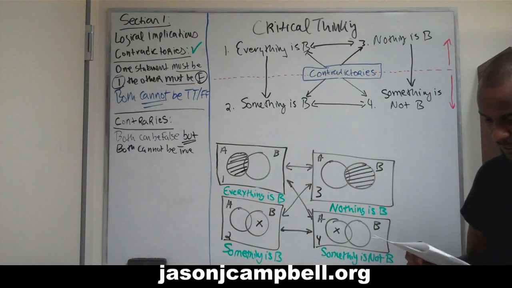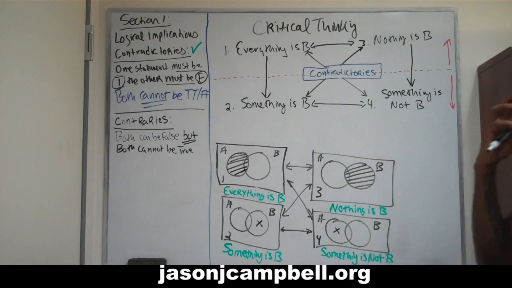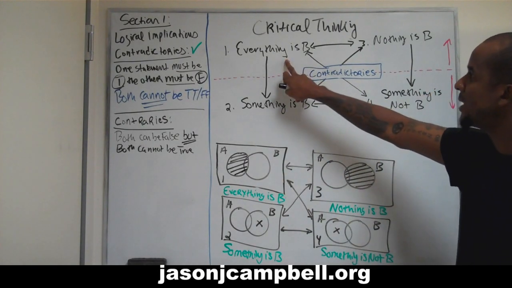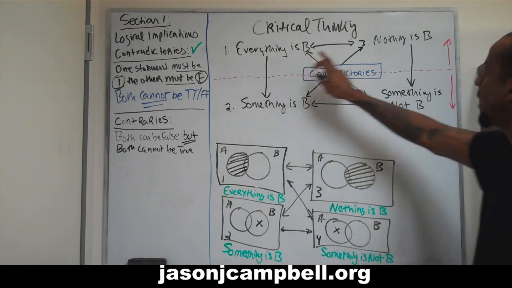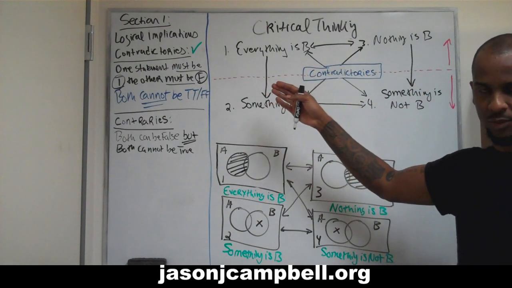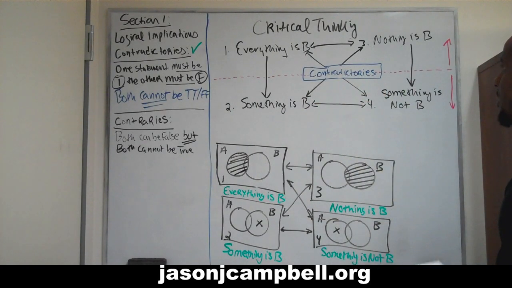Let me see if I can do anything different. But not true. I think that's the clearest way I can explain it. That makes sense, right? I can't explain it simpler than that. If I say that everything is B is true, and I say that nothing is B is true, I hope you can see the contradiction, or not even the contradiction, but the impossibility of the claim. Everything is B and nothing is B is incompatible. With respect to